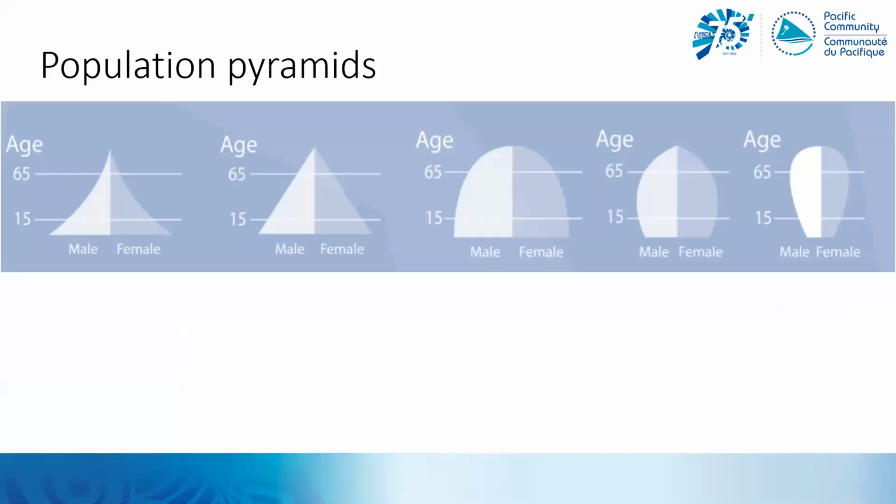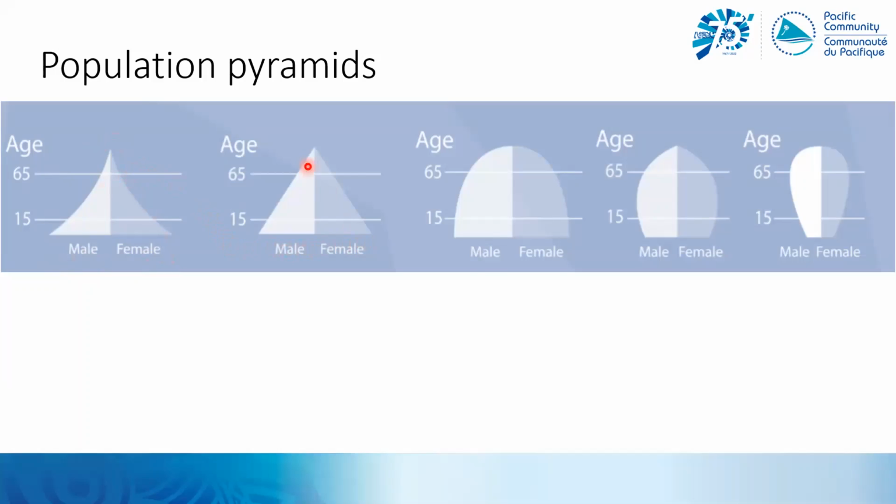Population pyramids are a common way of displaying the age pattern in a population, and you've probably seen them in many publications. We can characterise populations in effectively 5 ways. If we start with the left, we have a very steep-sided triangle, and in a pyramid we always have males on the left and females on the right. So starting here, this would be a population that's still growing quite rapidly. We have very high fertility, but also very high mortality. You can see above age 65, we've got very few people.